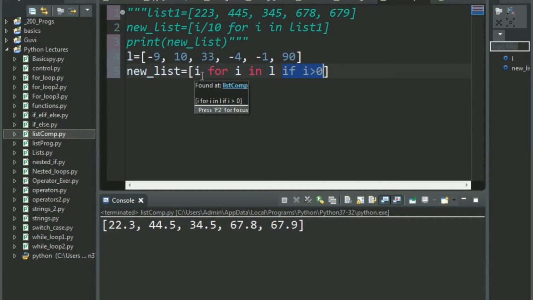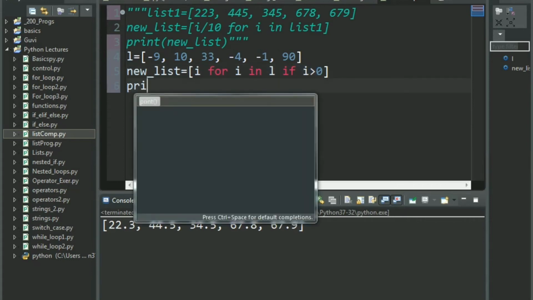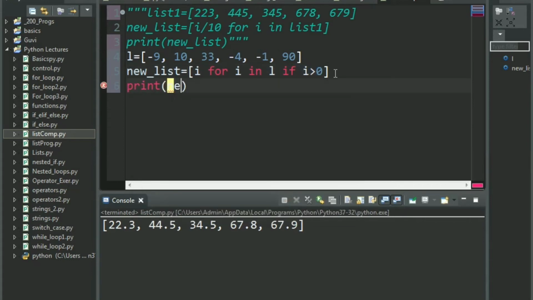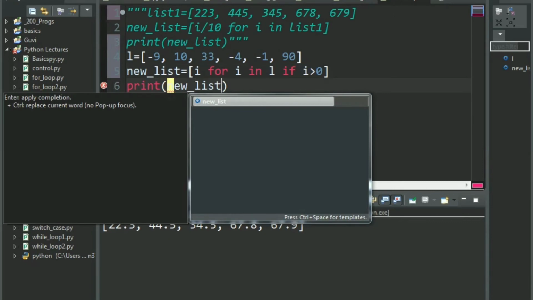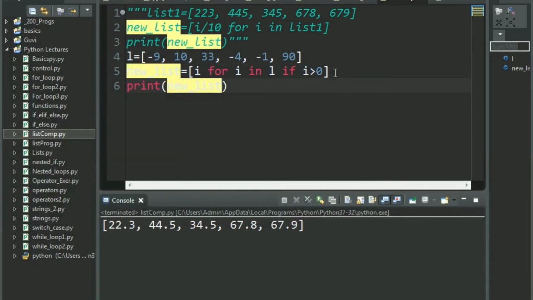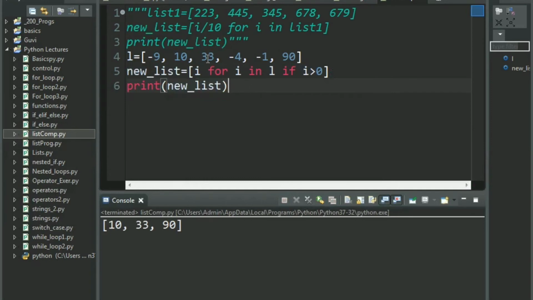So return I only if I is greater than 0 and iterate inside the list L. Okay, now let us print new list. Okay, see, you have -9, -4, and -1 removed for you. Okay, this was your example using if statements.